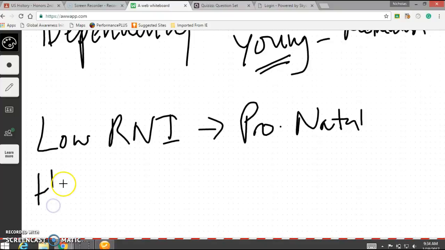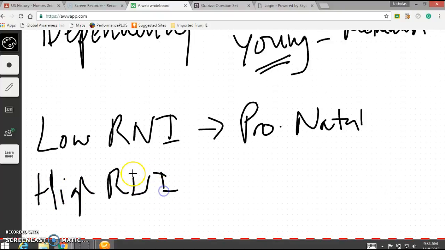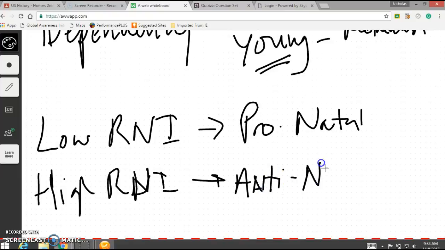At the same time, if you have a high rate of natural increase, we think about some anti-natal policies, right, against having kids, and some pro-natal ones we looked at: tax rebates, money, incentives to have kids, lots of time off. Denmark does a year off for moms and dads while holding their job to try to increase the natural